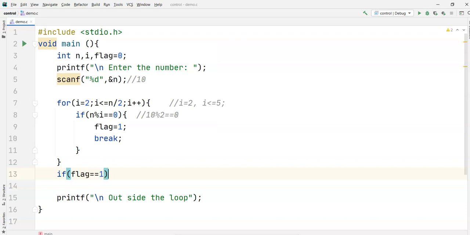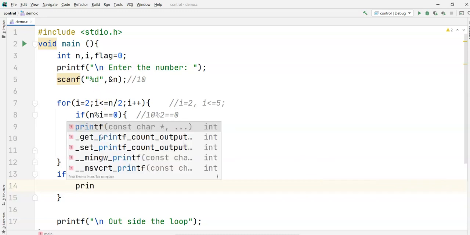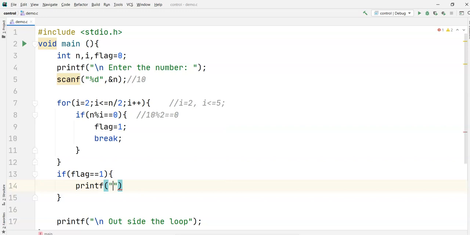If flag equals 1, I will say printf, percent d is not a prime number, comma n. What is that percent d? n.